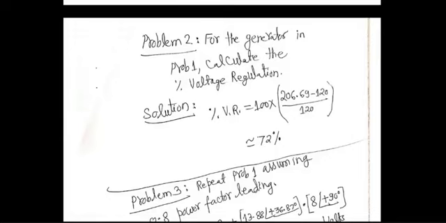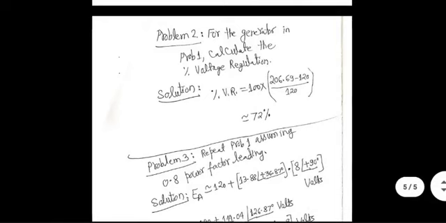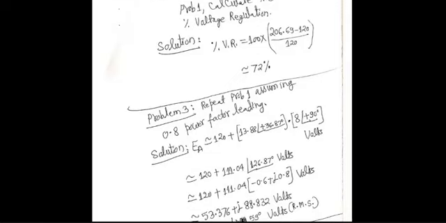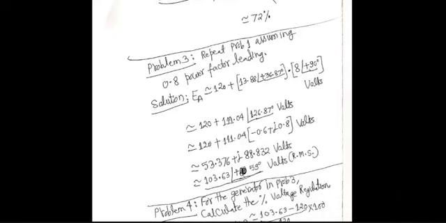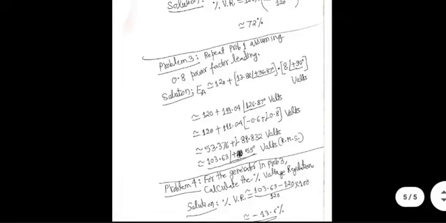Now, the obvious question, which you cannot solve in a problem like this, for which you need some MATLAB program, is: what is the optimum value of power factor of the load for which voltage regulation will be 0? It's a research challenge. It's an optimization problem. Using these equations, program them, and then run an optimization technique to figure out the minimum possible regulation and the corresponding power factor of the load. Open challenge.